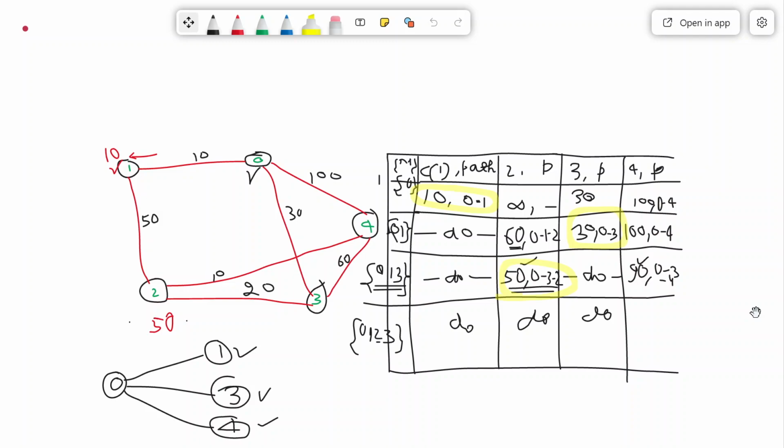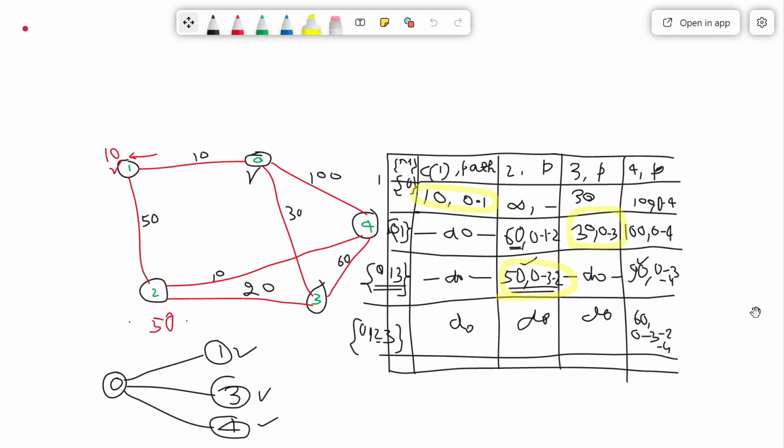So what will be the total cost? 50 plus 10, 60. So we can write 60 here. And what is the path? First of all, we have to write the path to reach 2, so 2 is 0, 3, 2. And then after 2, we have to reach 4. So 60, this is the thing.